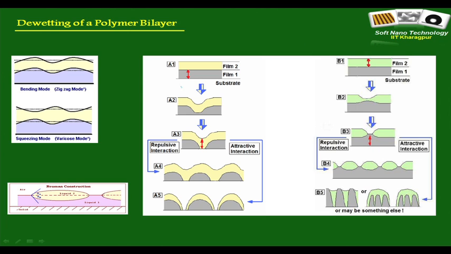Okay. So, what can happen, let us quickly investigate. In this particular case, the strength of interaction between the film-film interface and the film-substrate interface is stronger than the interaction between the film-air interface, the free surface of liquid 2, and the film-film interface, as a result of which this bottom layer becomes unstable first, and as a consequence of that, the top layer simply follows that. This mode of instability is known as the bending mode of instability. So, after the bottom layer has ruptured, so bending mode,